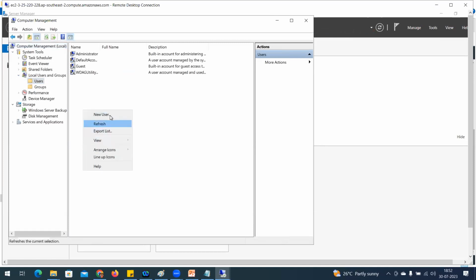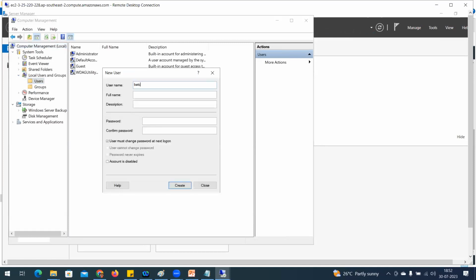I'm going to create a new user, batch 166 user 1, with the password welcome at the rate 1. Batch 166 is the username. I'm going to paste it in the chat window. Thank you, Venkat. So this is the username, and I created the password. The password is set to welcome at the rate 123.